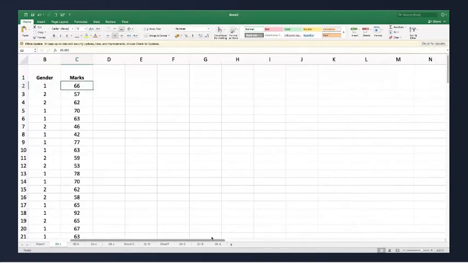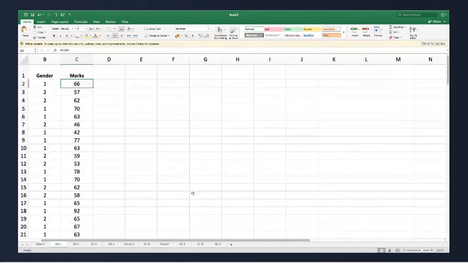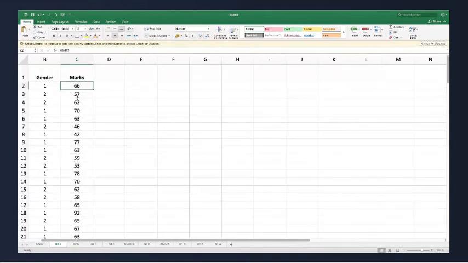Fine. Now, I would suggest that you guys pay good attention, right? Now, in the t-test, we need a gender variable, right? So we are comparing the marks of two genders, right? So what we are going to do is collect the marks of one gender in one column and the other gender in another column.